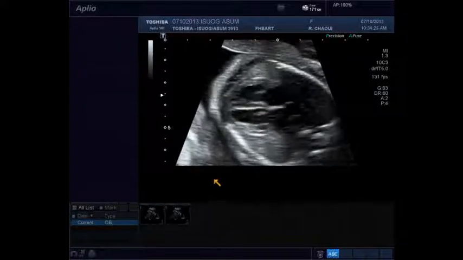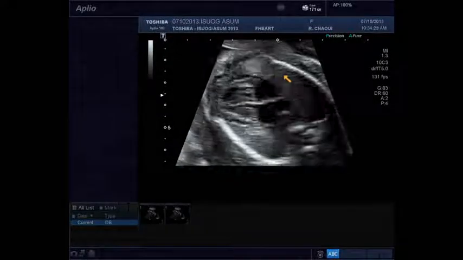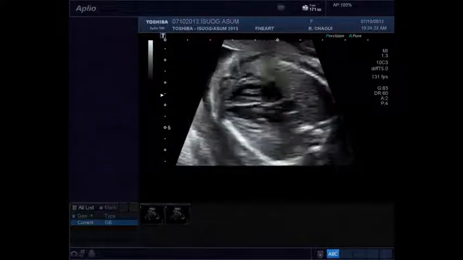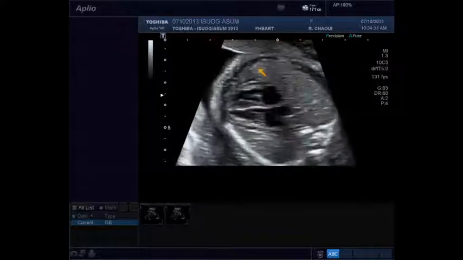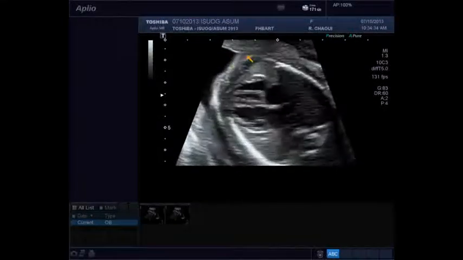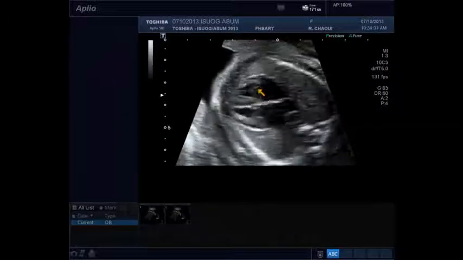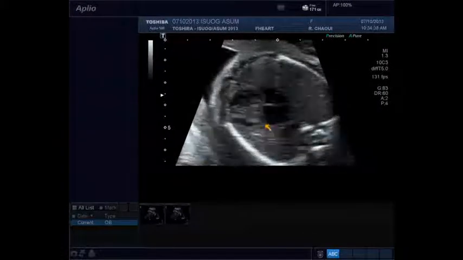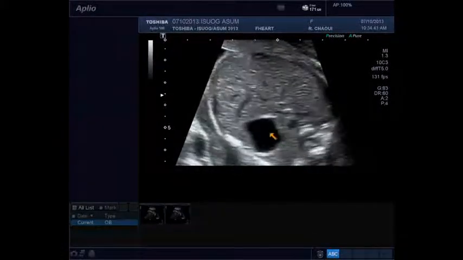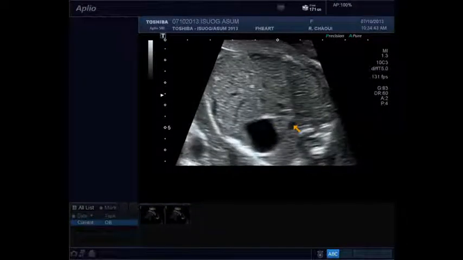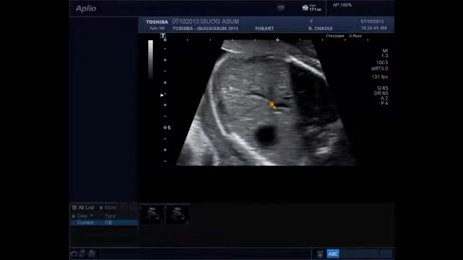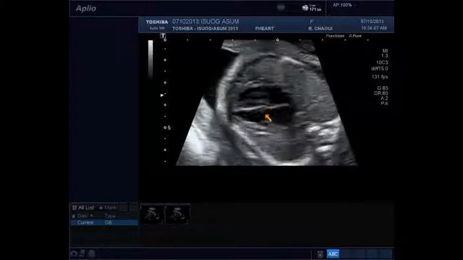Give me an arrow, please. This is the arrow. What we see here is from the lateral approach, and you see we have a shadowing from the rib. I always try to get, as you see on my hand, the part where there are no ribs. We see the right ventricle, the left ventricle. We start by the upper abdomen, recognizing the stomach, descending aorta, inferior vena cava with the abdominal hepatic vessels,